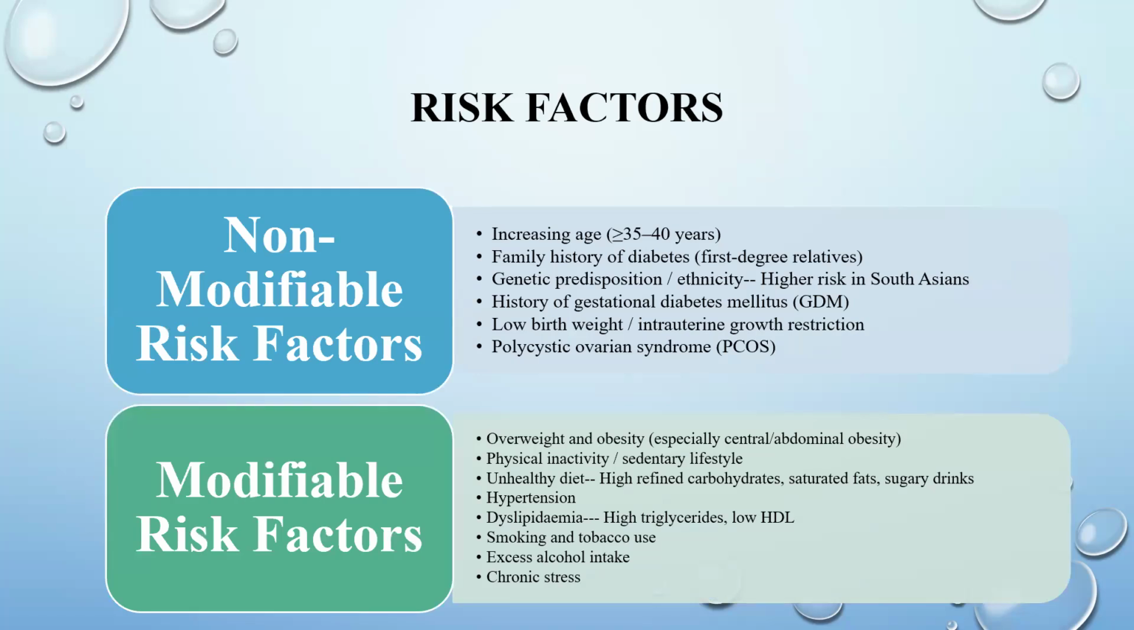So, what are the risk factors for diabetes? There are certain non-modifiable and certain modifiable risk factors for diabetes. The non-modifiable risk factors are increasing age, more than 35 to 40 years of age, and family history of diabetes. If there are first-degree relatives with diabetes, there are high chances of getting diabetes. Genetic predisposition or ethnicity, especially a higher risk in the South Asian population, history of gestational diabetes mellitus, low birth weight, or intrauterine growth restriction,